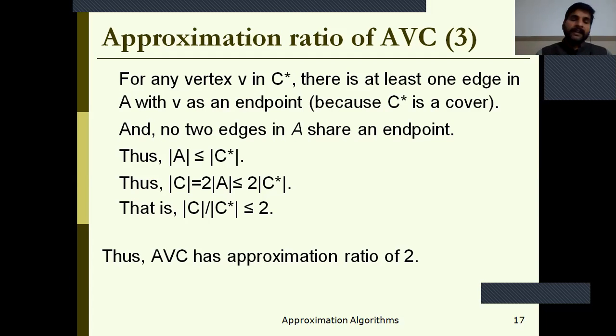So in this whole lecture I have discussed what approximation is, and which type of problems we can solve by approximation algorithms. The approximation algorithm is described with the help of the vertex cover problem, and we proved the theorem: approximation cost is at most twice the optimal cost. We can say that the approximation ratio, approximation cost upon optimal cost, is less than or equal to 2.